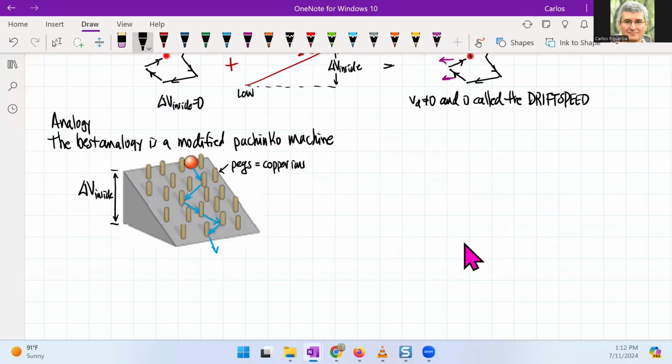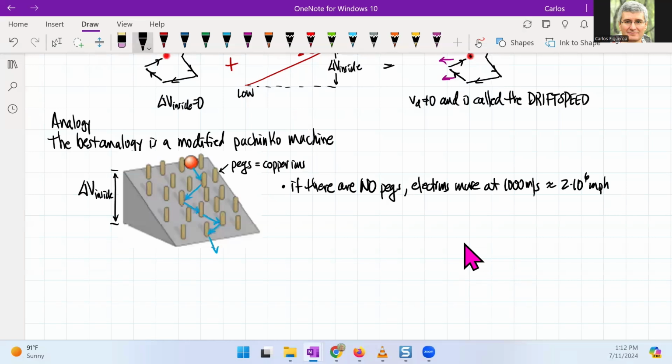So a couple of things. The first thing that I would say is that if there are no pegs, copper ions, electrons move at 1,000 meters per second. Remember, that's about 2 million miles per hour. That's pretty damn fast. With the pegs,